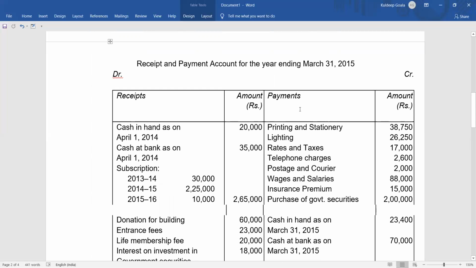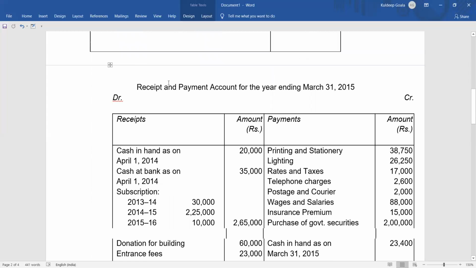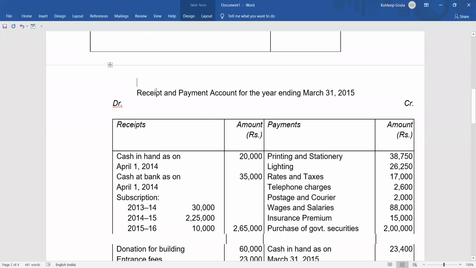Okay, and in that we have the amount column. So in the top you should write receipts and payment account for the year ended 31st of March 2015. Also, you should know that we will be writing the name of the organization for whom we are preparing the accounts, in the books of. That is very, very important. Don't forget that in the books of